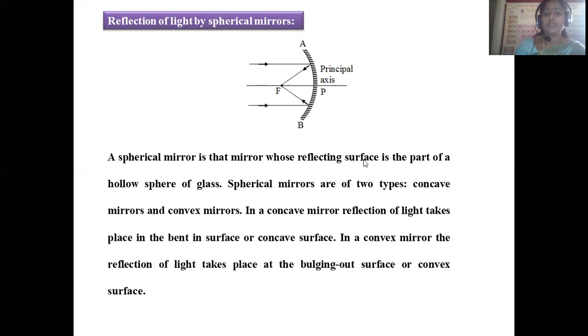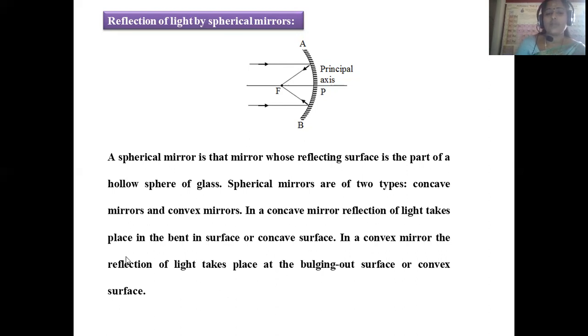Spherical mirrors are of two types. These spherical mirrors are nothing but curved mirrors only, mirrors containing curvature. These are basically classified into two types, concave mirror and convex mirror. What is meant by concave mirror? What is meant by convex mirror? Just now we discussed. A concave mirror is nothing but a mirror having curvature inside, called a parabola. If the mirror is bulged outside, having a hyperbola structure, an enlarged structure outside, that is called a convex mirror.